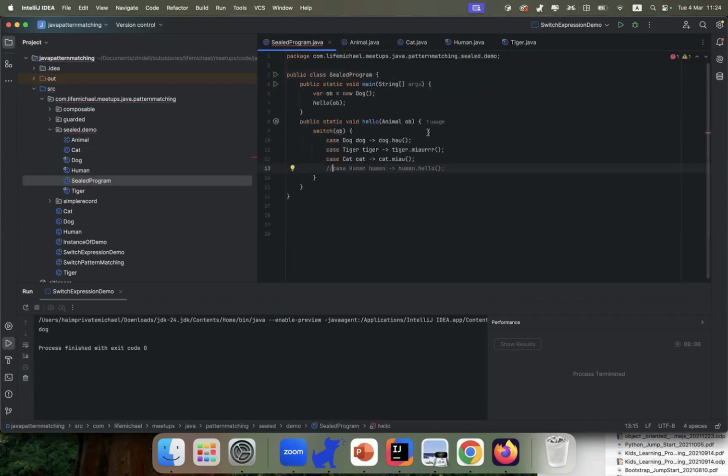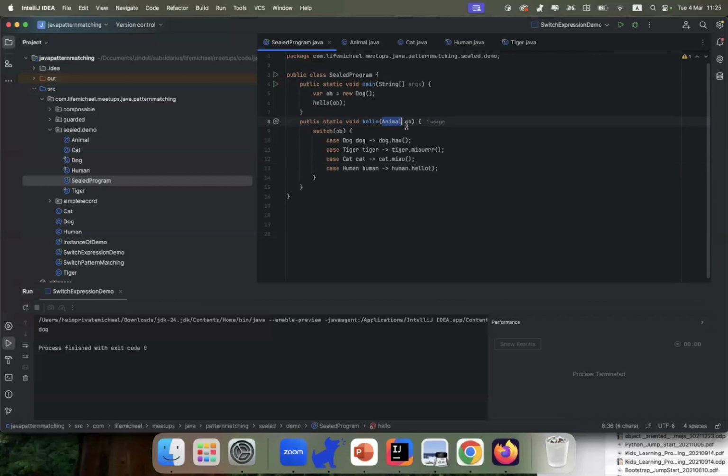Let's get back to the code. Over here, we use the type animal as the type of the parameter of the hello method, meaning that when we call hello, we can pass over only a reference for an object that we can treat as an animal.